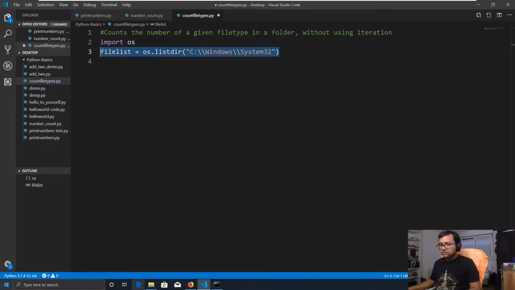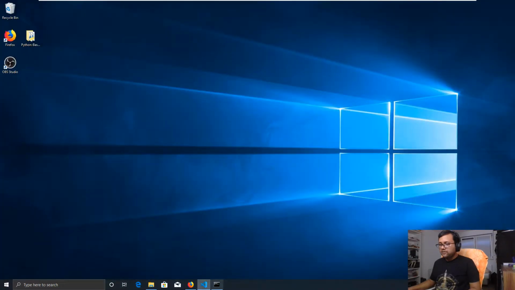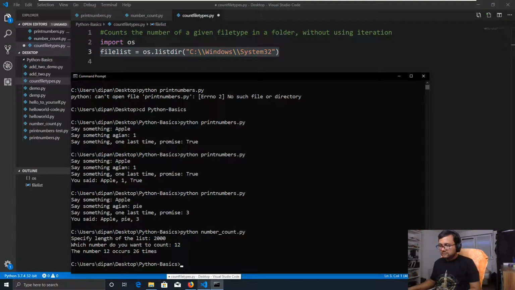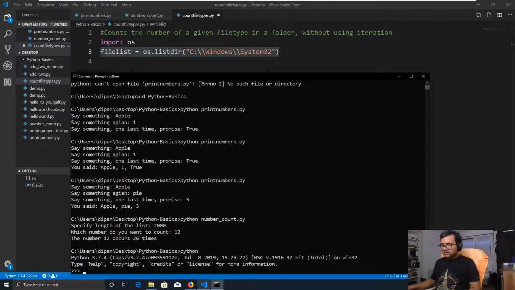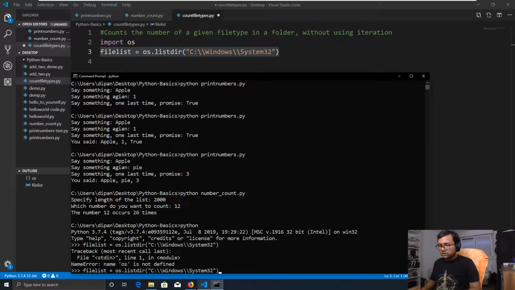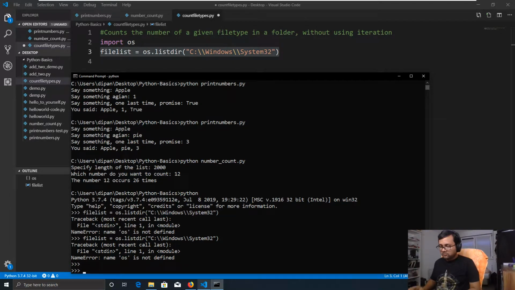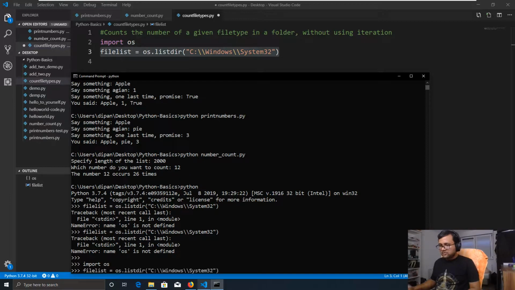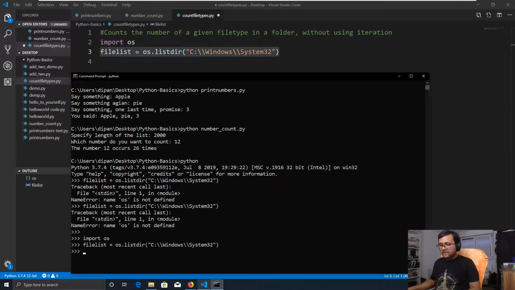If we go to command prompt and type it out, you can see what that does. That of course would not work. Let's go into Python first, then do that. Okay, I have to import. That would not work because I have not imported os yet. So import os and then do that. And now if I type file list,